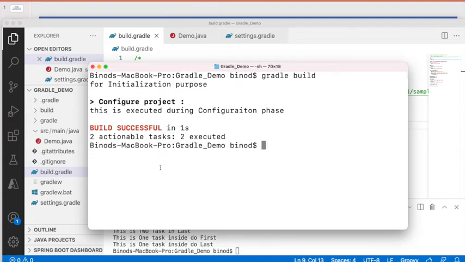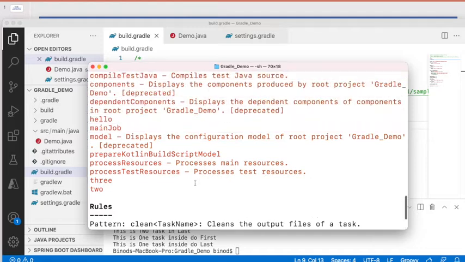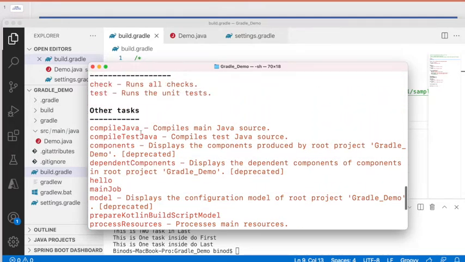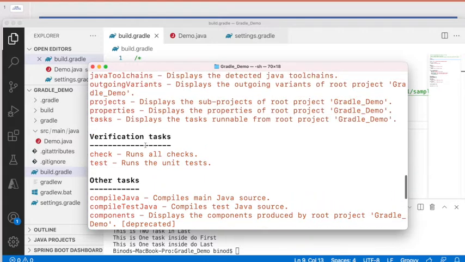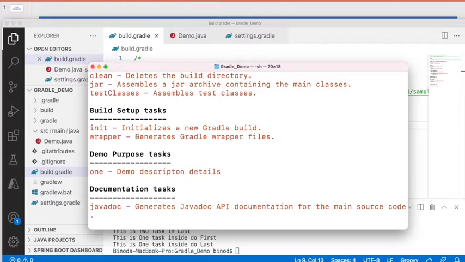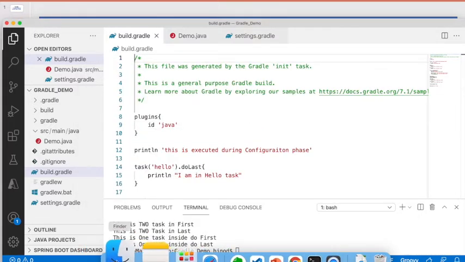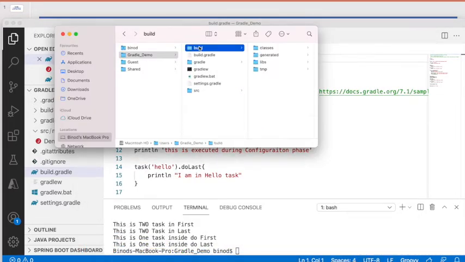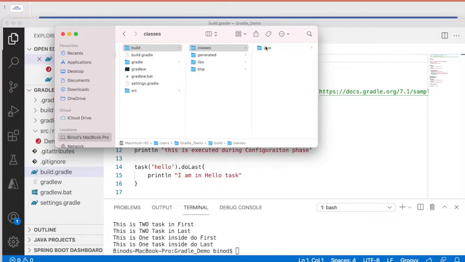See, it is executing, two tasks executed, because after adding the plugin many new tasks have been added. Let me show you. See, compileJava, compileTestJava, and here also javadoc, many things have been added after adding one plugin. Now in the folder structure you will see one build folder, and everything has been created and compiled.